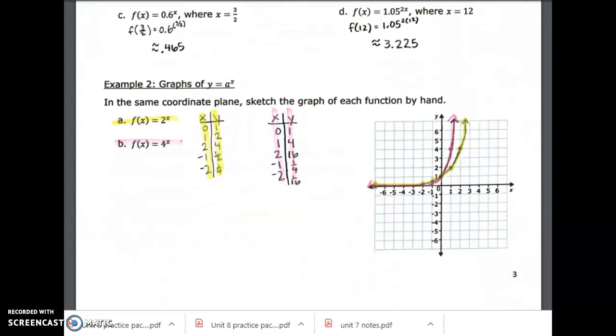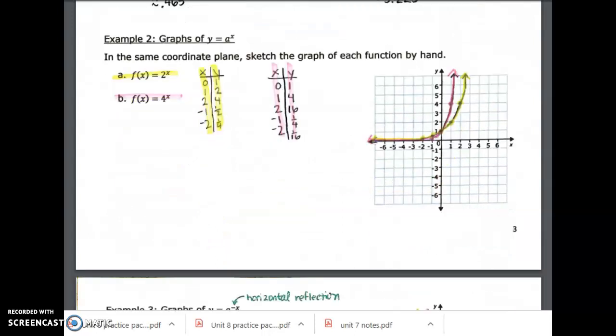Okay, a big part of this unit is going to be graphing different types of exponential functions, which means we're also going to need to restudy our transformation rules, but we'll get to that in a second. So here are two basic parent functions of an exponential, f of x equals 2 to the x that I've done in yellow, and I can create the graph by plugging in different values for x and getting my y